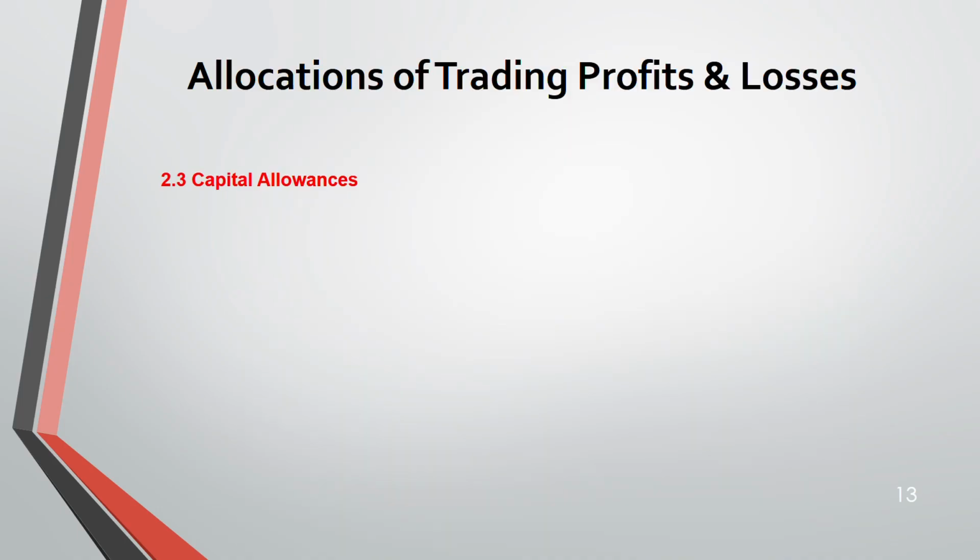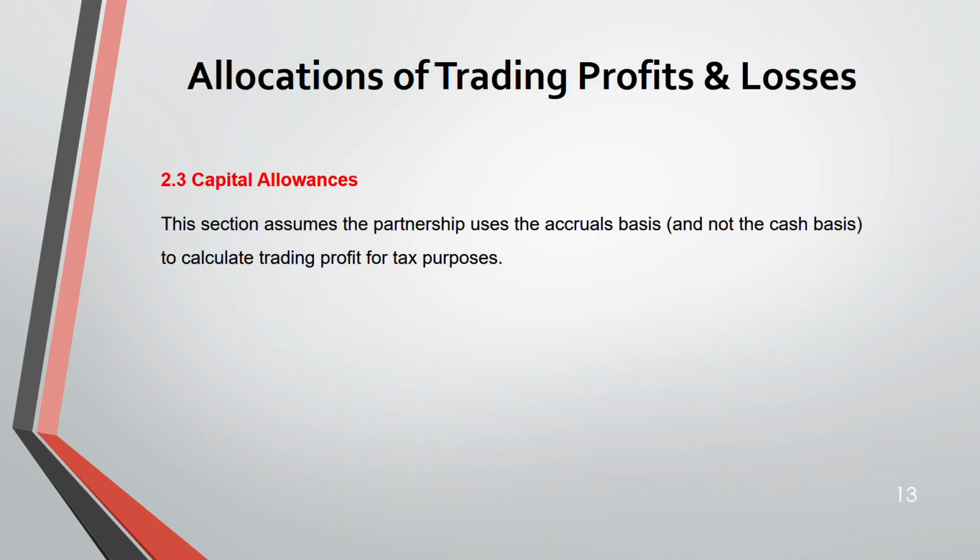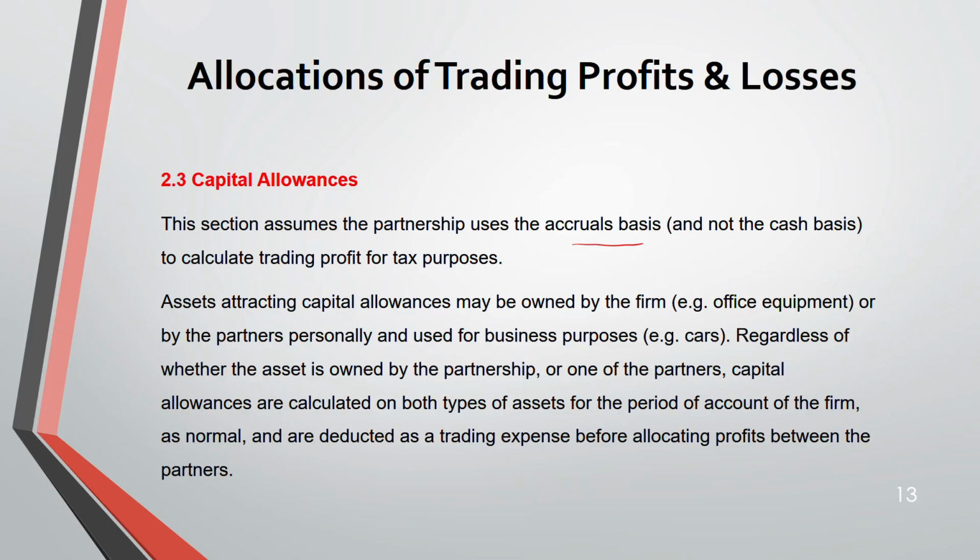Next, capital allowances. This section assumes the partnership uses the accrual basis and not the cash basis to calculate their trading profit for tax purposes. Assets that are owned by the firm attract capital allowances. This we know from our lecture 7. Examples are office equipment